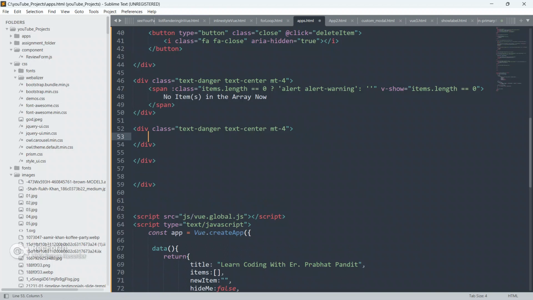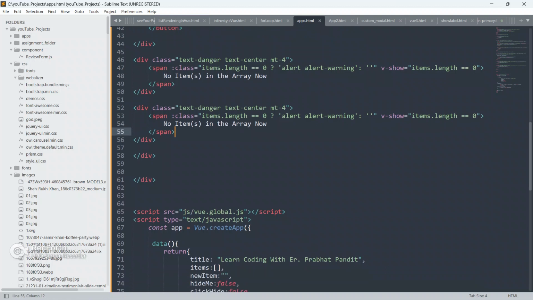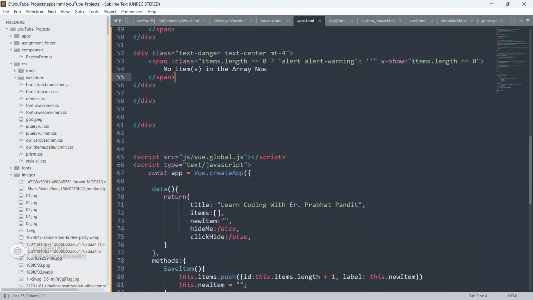We will close this div first, and inside it I'm going to copy this span to save our time and paste it here, and we will do some modifications. So items, if items.length, alert warning, v-show if items.length is equal to or greater than